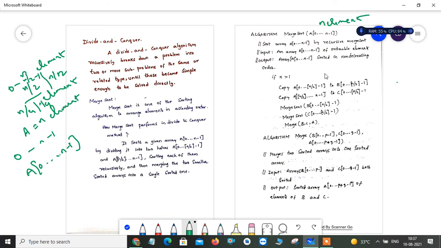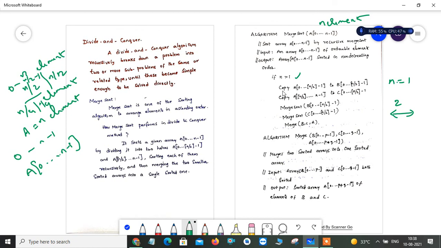So when can we apply this algorithm? For example, if your n value is 1, then the list already has only one element, and performing a sorting operation is meaningless, because that element is both the smallest and the largest in your array. So we apply this sorting algorithm whenever your n value is greater than 1. Suppose you have two elements, then definitely you need to compare these two elements and decide the order of the two elements. So the algorithm starts with: if n is greater than 1.